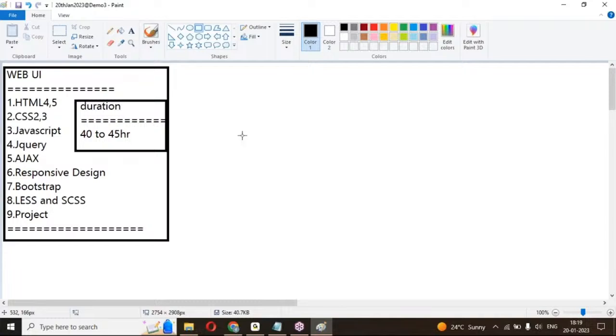So that is possible by web UI programming. Here UI means user interface. We can create user interactive pages by learning all these topics. UI here means user interface. If I enter any URL in the browser,